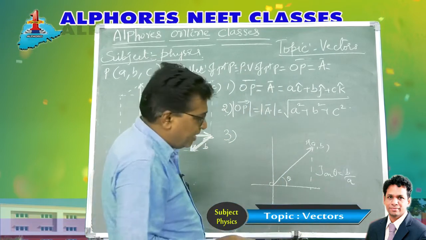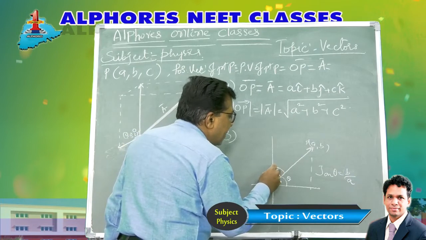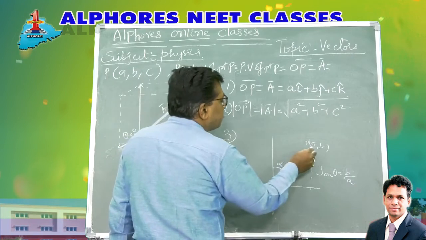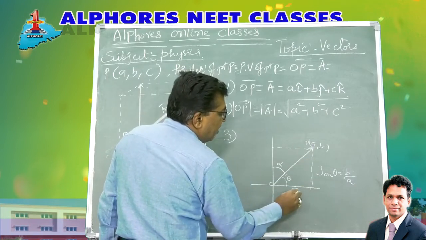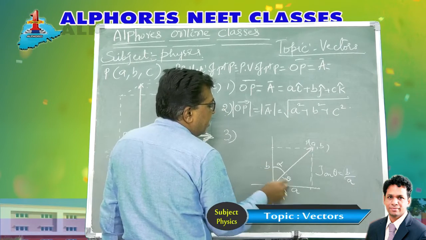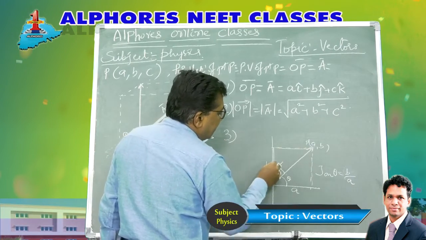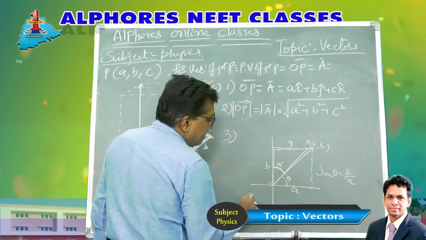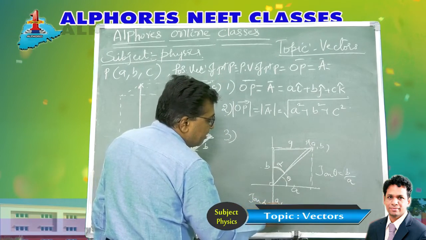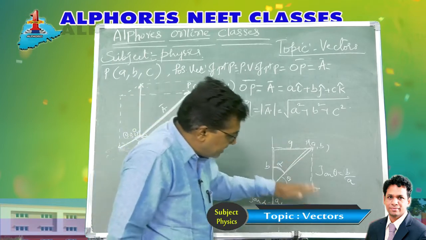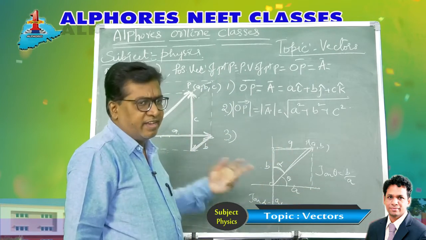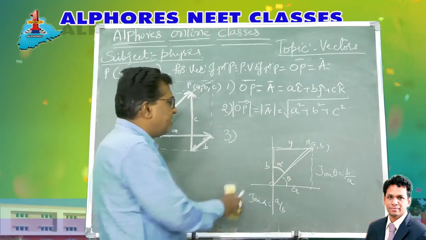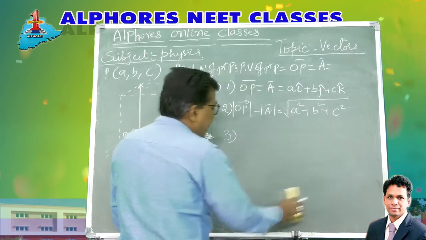Sometimes you will be asked to find the angle with the y-axis. What is the angle with the y-axis? Let it be some angle alpha. Again, if the horizontal x coordinate is A and the y coordinate is B, considering this right angle triangle, you can find the angle here. Tan alpha is A by B. So you can find the angle with the x-axis or the angle with the y-axis. Any angle, right? When you get one, you can find the other: if one angle is theta, the other one is 90 minus theta. You can even find it directly like this also.